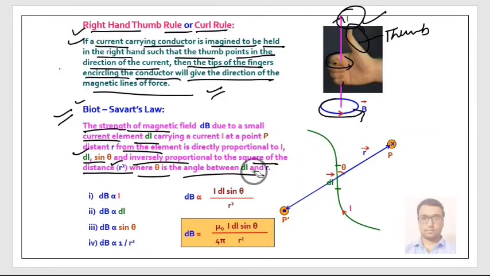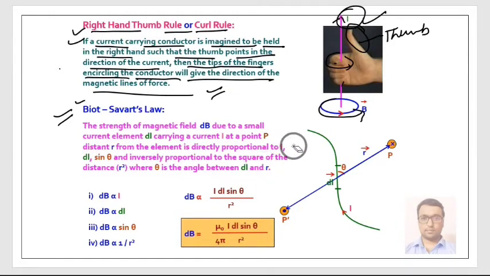Now try to understand this definition. What is Biot-Savart law? Suppose some amount of current is flowing in this direction, say this is your wire, and along this wire your current I is flowing. Then suppose this is a small element of this wire, which is dl. And from this wire, at an angle theta, we have one point, capital P. At this point P we want to calculate our magnetic field. Then the question is how we will calculate it.